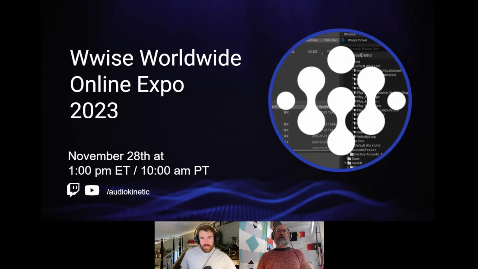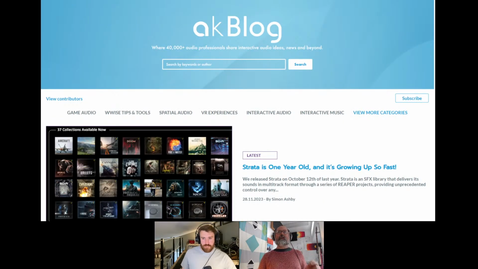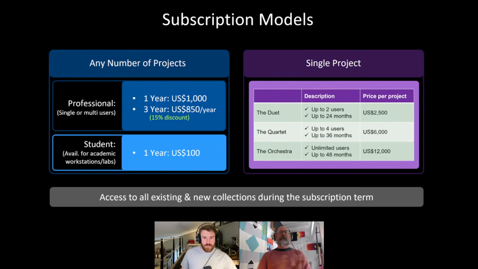I mentioned just a couple days ago, we had the Wwise Worldwide Online Expo where we surfaced new features of Wwise 2023.1, including an update on Strata. And there's also a 1-year anniversary blog post that summarizes what Simon Ashby, head of product and co-founder at Audiokinetic, talked about. The journey of Strata over this last year and new collections coming in the future, as well as a new subscription model. So if you've been following along, we've had a 3-year subscription model in place for Strata, and moving forward, we'll be